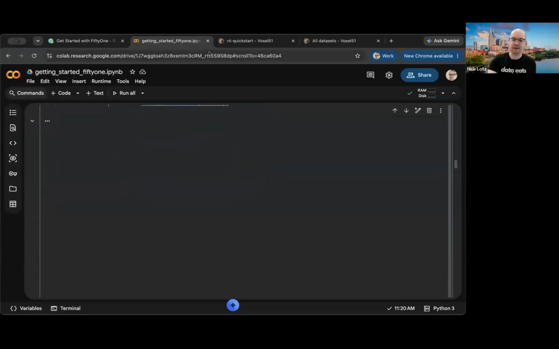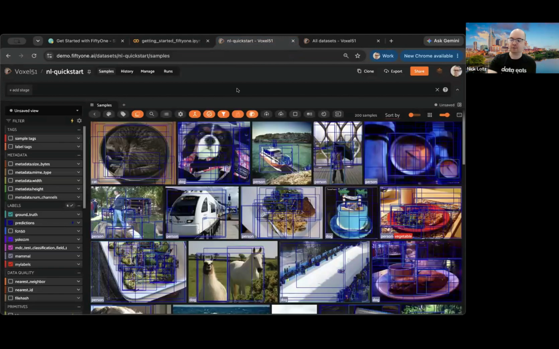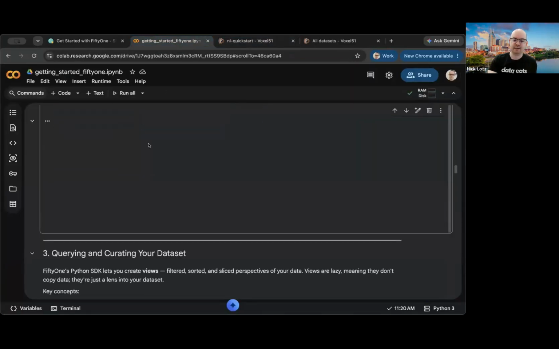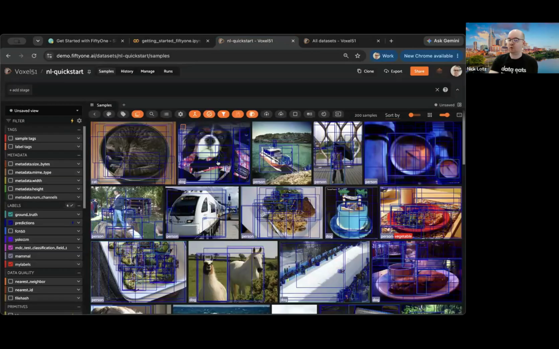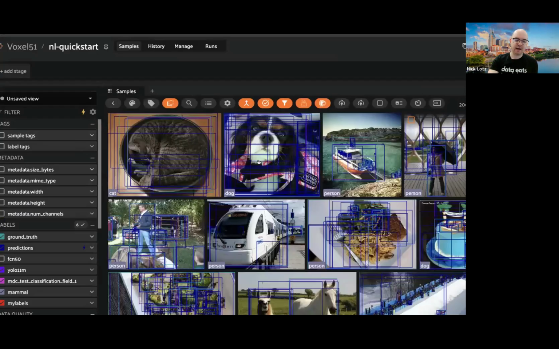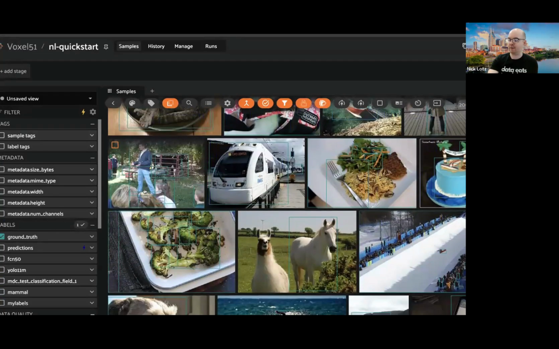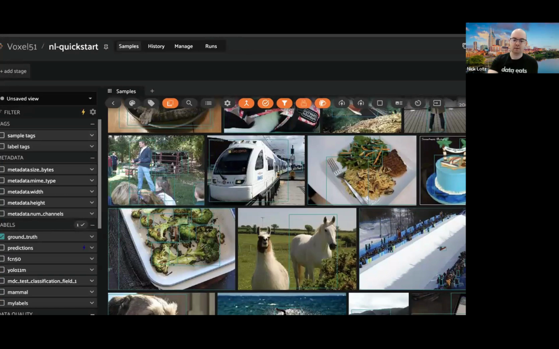So while this loads, I'm actually going to go off to the side here and show you what ultimately the UI looks like. So this is just a slightly different instance here for a moment. Again, this might take just a second to spin up here in this compute environment. But ultimately, this is what the quick start dataset looks like. So again, it's a selection of 200 samples from the COCO dataset. Each have several fields. There's actually a few I added here in this instance, but there's ground truth and sample model predictions. So if I uncheck some of these fields, I can see here are the ground truth bounding